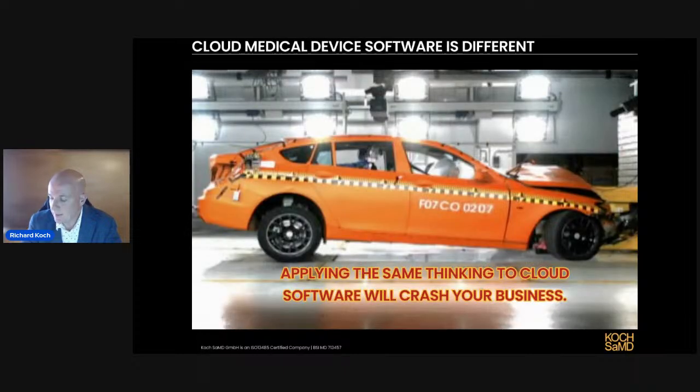However, if you apply the same thinking to the cloud business, you're going to crash. And unfortunately, I've seen multiple examples of this in startups and large companies where QARA departments, not assigning blame here, it's just the way things were done, or they got a bit of bad advice, would try to apply the same sort of thinking to their cloud software products.